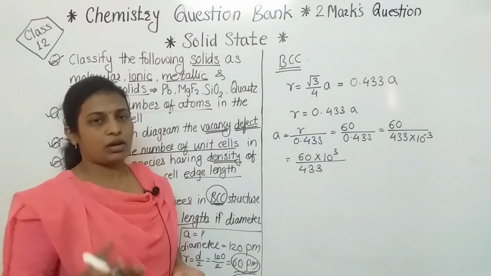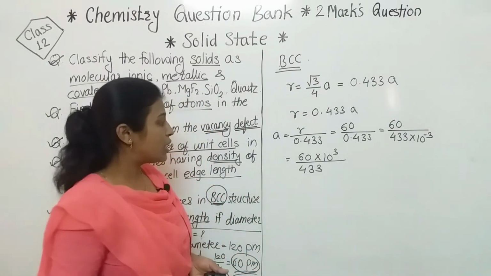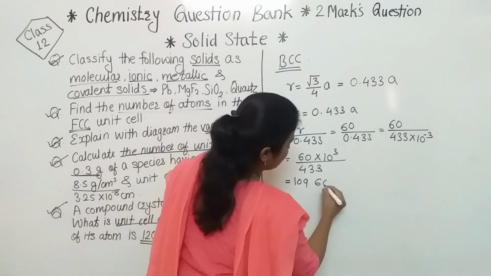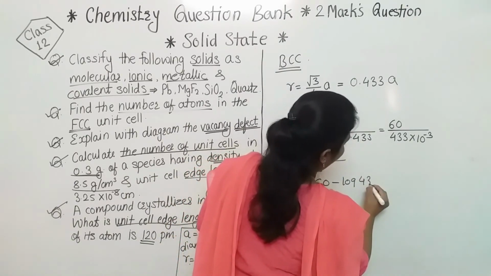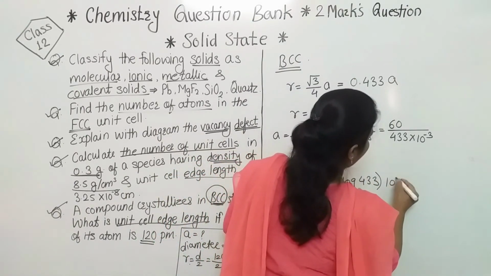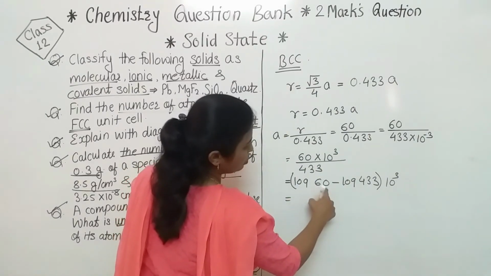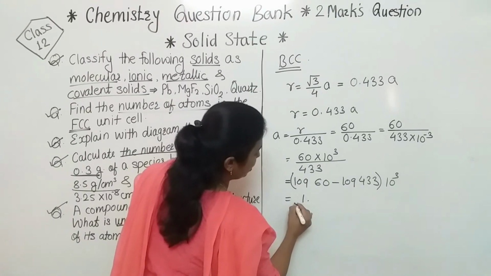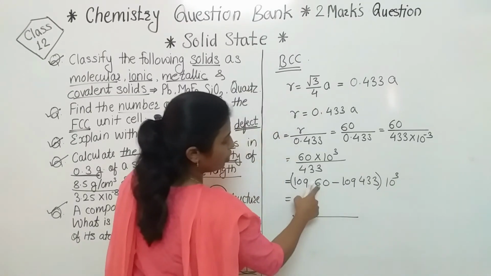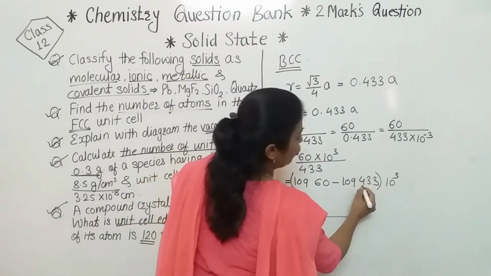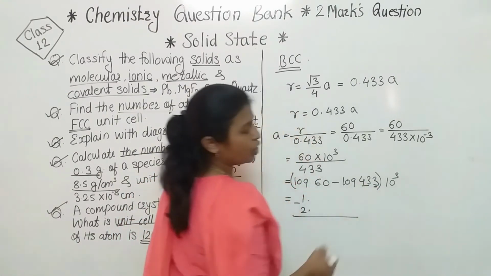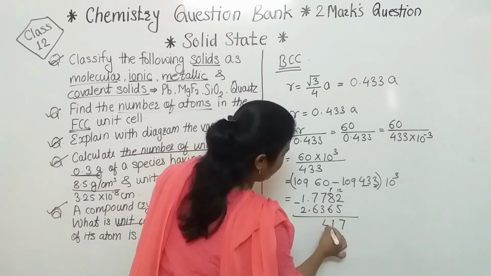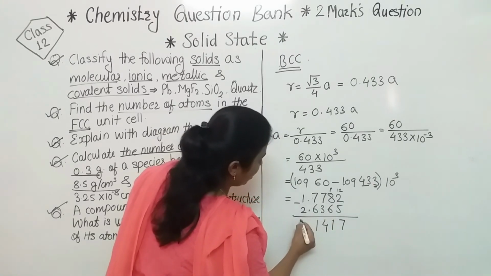अभी हम यूज करेंगे लॉग. अगर आपको लगता है कि आप सिंपली यहाँ पे कैलकुलेशन कर सकते हो तो यू कैन, बट अगर लॉग यूज करना है तो हाउ टू यूज, सी लॉग ऑफ 60 माइनस लॉग ऑफ 433, that 10 raised to power will remain as it is. Now see, characteristic of 60 is 1. Here characteristic of 433 is 2. So इनका हमें करना है subtraction. So what is the log? 60 का 0 में और यहाँ पे 43 के रो में 3 के कॉलम में देखना है. If we subtract then its answer will be 12 minus 5, 7 minus 3 4, 7 minus 6 1 और यहाँ पे आ जाएगा बार 1.